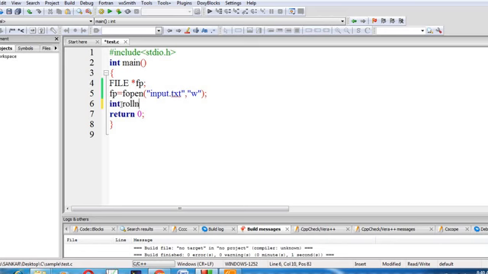Roll number, and a character array name of 20. So now I am going to create one file pointer.